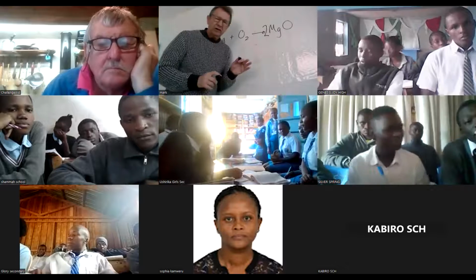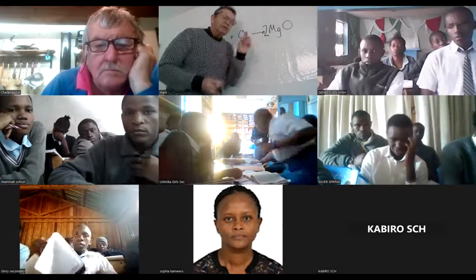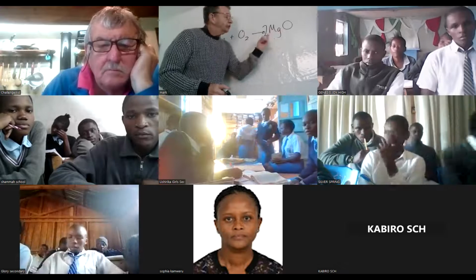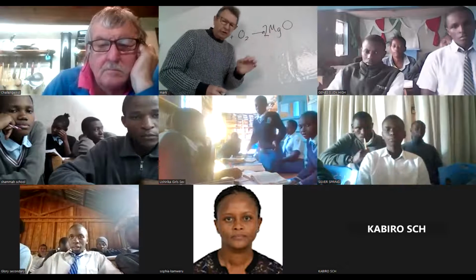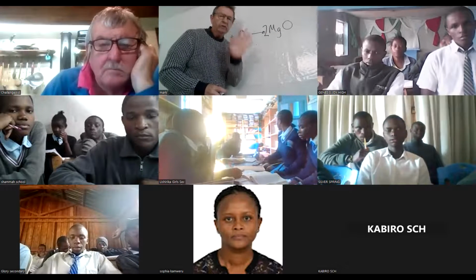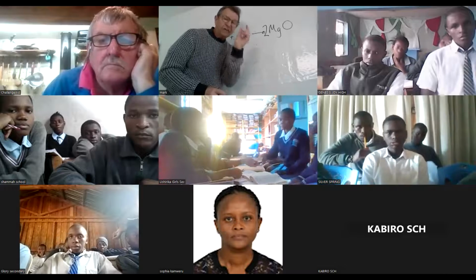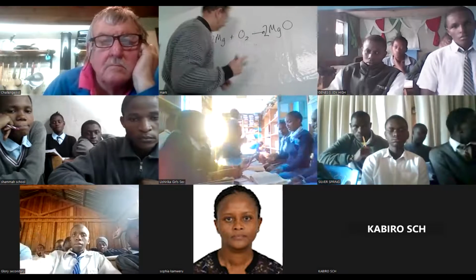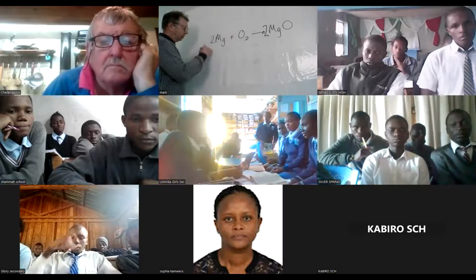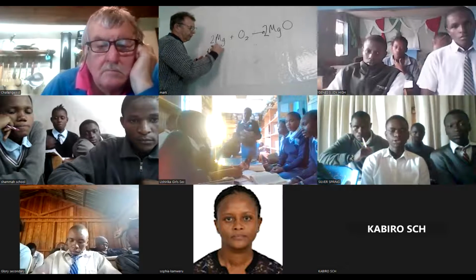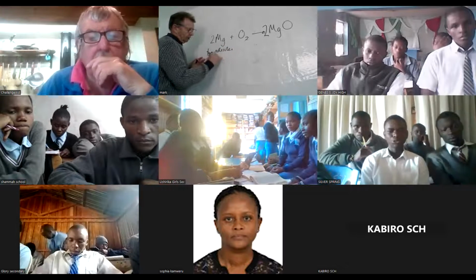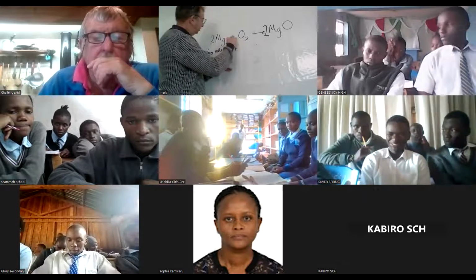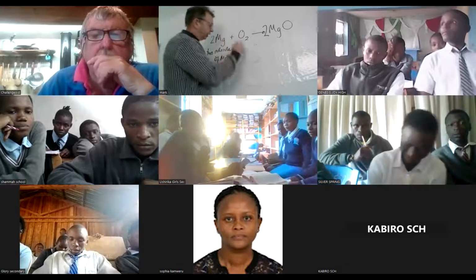But the word molecule actually means the smallest particle that something exists as. So although magnesium oxide is ionic, so we shouldn't really talk about molecules, I'm going to use the word molecule for the smallest part of it just now. I'm now going to turn this into a sentence. And I'm going to say 2 molecules of Mg plus, you see there's 2 Mgs,